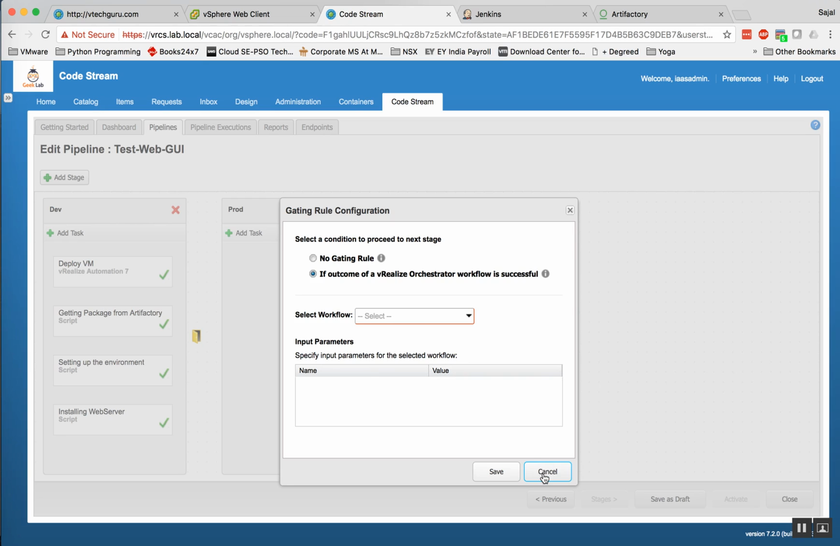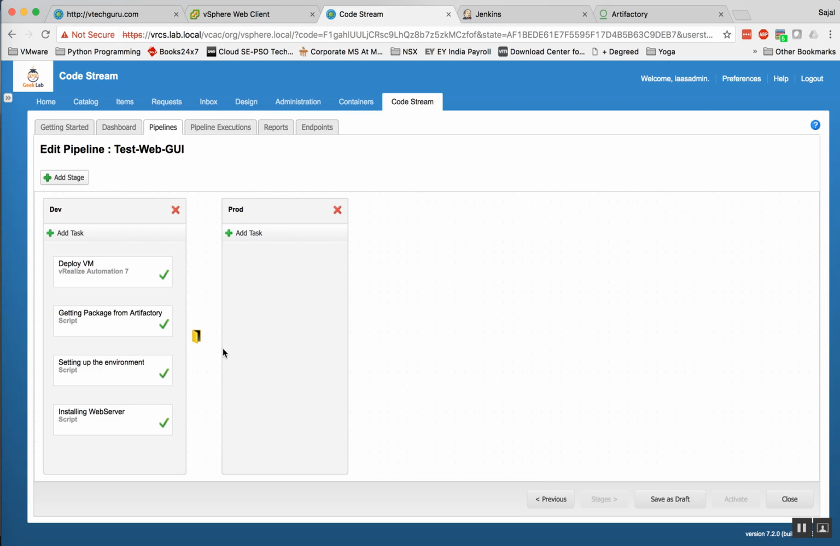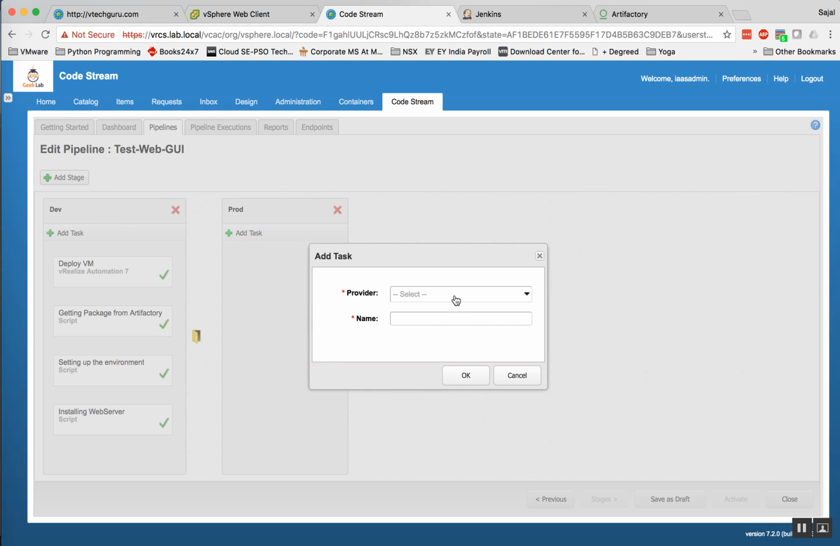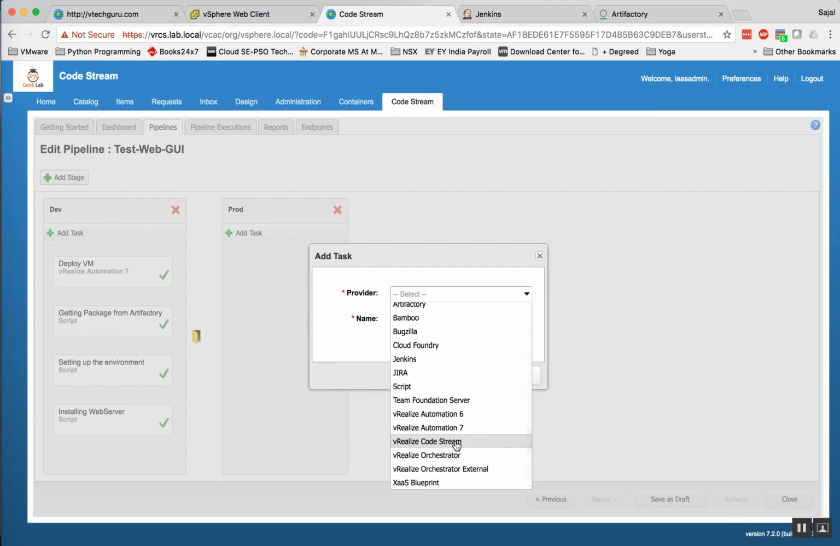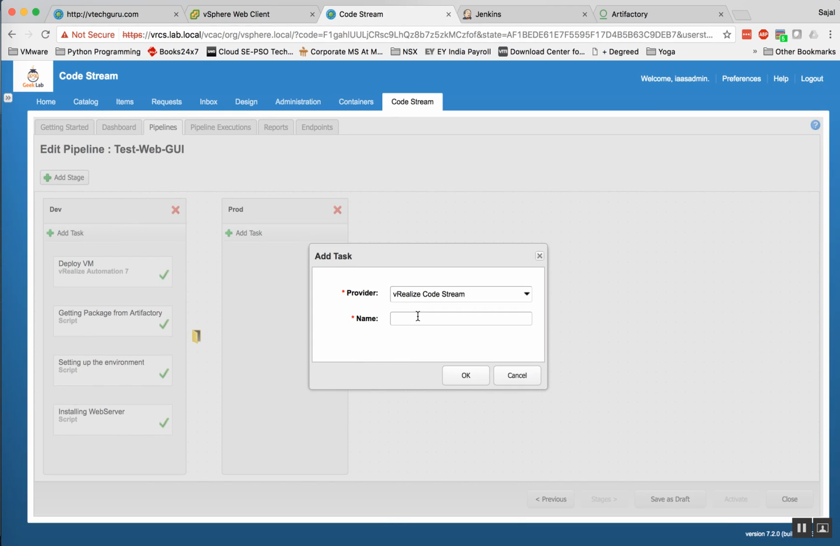I will cover that in a second session, but in this session the primary idea is, why would I do this? Say I deploy a virtual machine, run a couple of things, and if I see that my environment or web server is running fine in the dev environment, I can automatically move the workload or deploy the same virtual machines in the production environment. Also, I can add vRealize Code Stream as